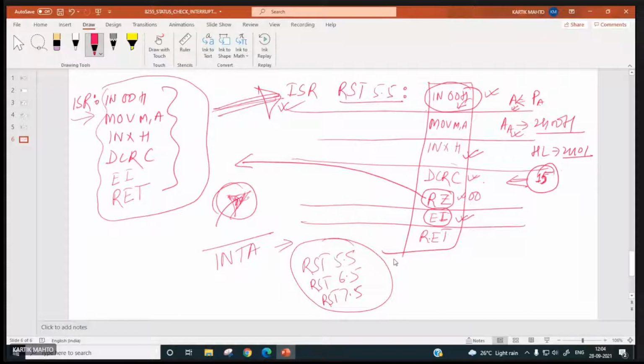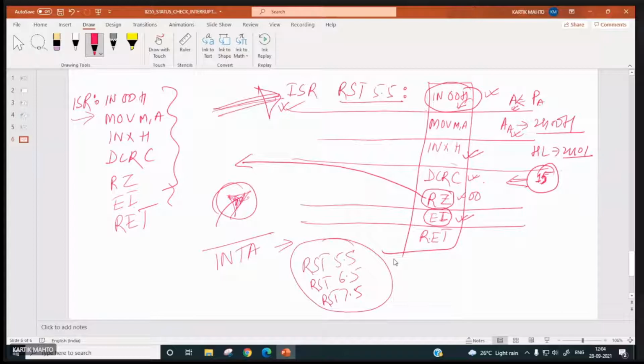If you do not do this, the subroutine will be executed only once. Without EI, the subroutine will be executed only once. Now, if you go by this, say RET if zero, EI, RET,